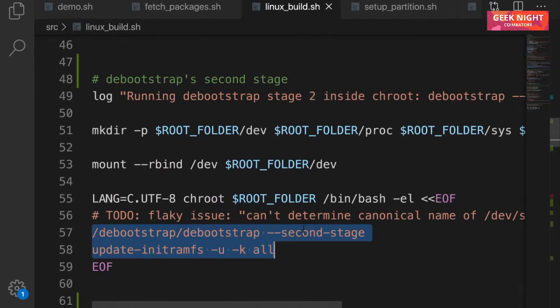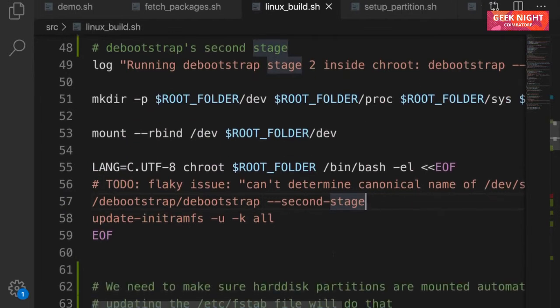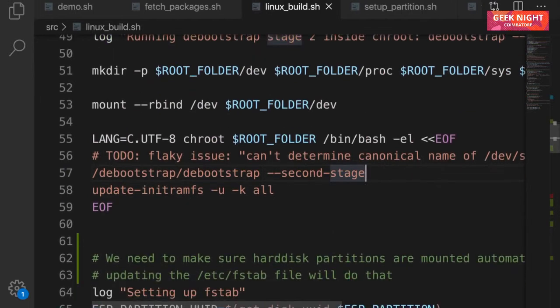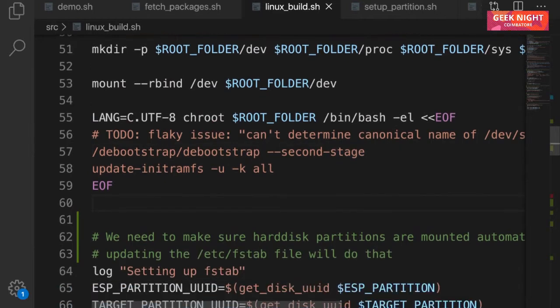So debootstrap, a second stage here, would do the things that we talked about earlier and give us an operating system folder structure with all the things set up. And it is, after this point, equivalent to a machine that has been turned off. It has everything in place how it needs to be. We just need to add a few more things, like